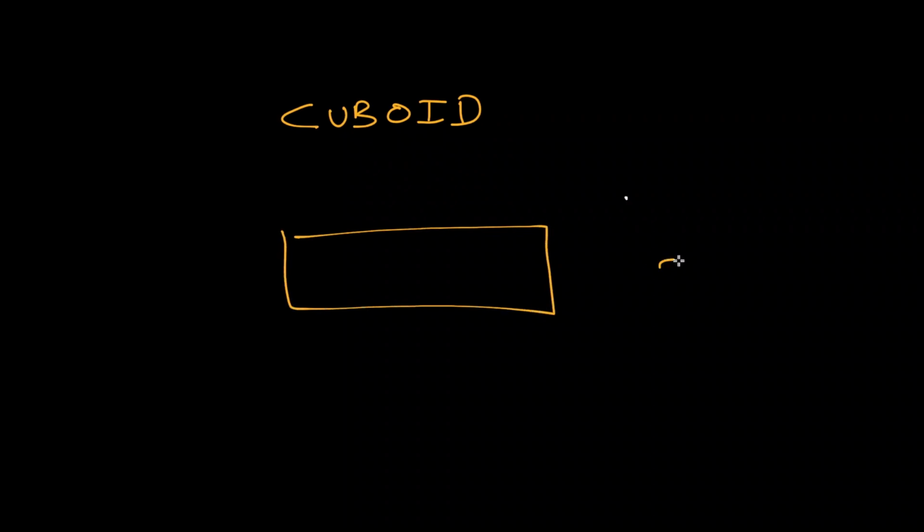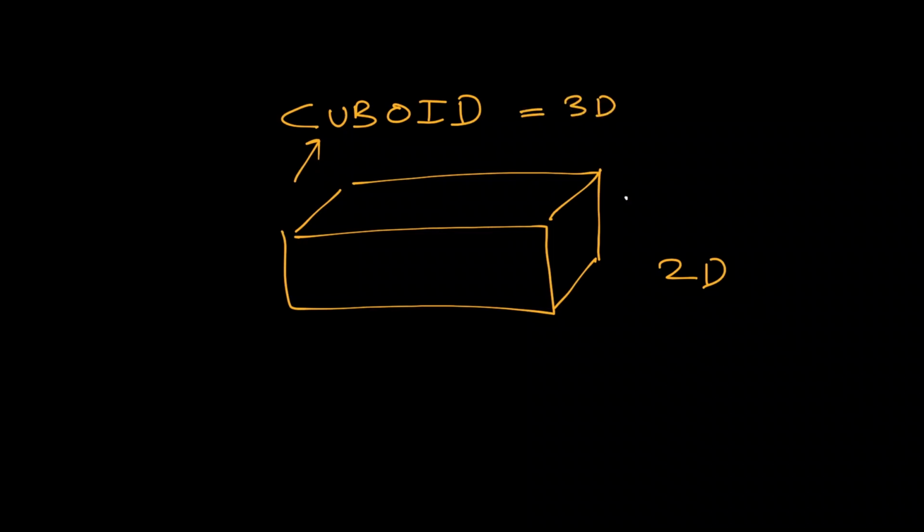Now we are going to consider the cuboid. Why is it called a cuboid? Because it is in the form of a rectangle. A rectangle is a 2D shape, but if you add the height, then it is called a cuboid. A cuboid is a 3D shape. Why is it a 3D shape? Because we have added one more side, which is actually the height. This is going to be the length, and this is the breadth